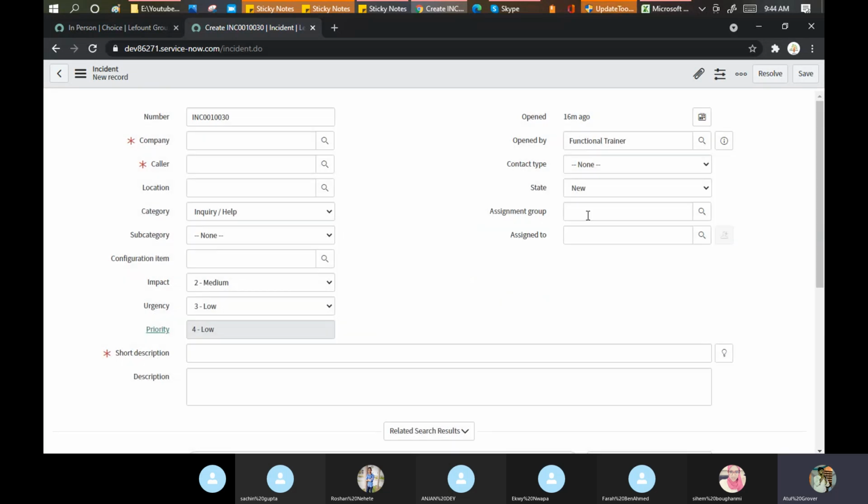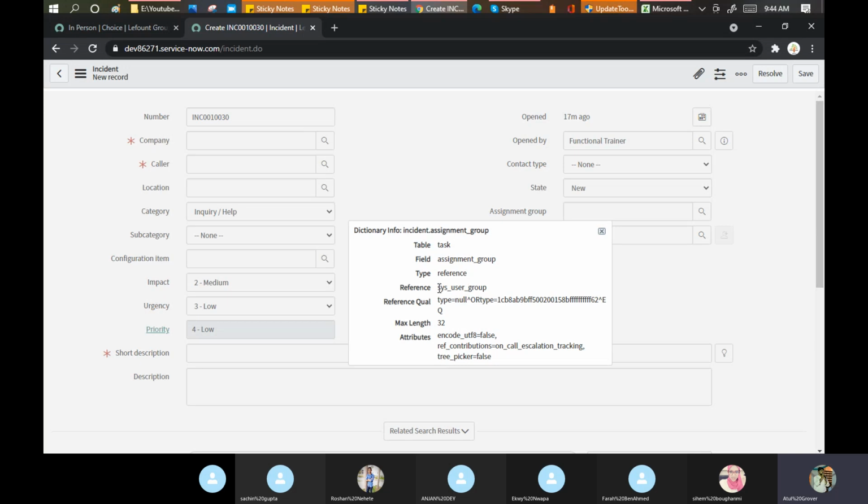Assignment group comes from the group table. Yes, see here, sys_user_group table. So now you need to do these kinds of R&Ds, to see how this linking has been done.